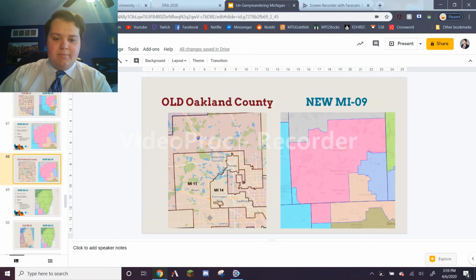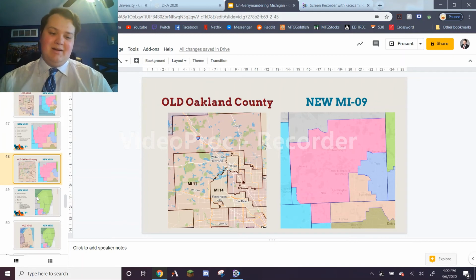And so the old Oakland County, and it's almost impossible to see here, but this is the 11th district here. It's such a swirling mess of districts that just wrap around one another. Instead, it just takes a big swath of the county and adds in Plymouth, because Plymouth is really a city that is more Oakland County than it is Wayne County in a lot of ways. Very prominent, wealthy suburban county.